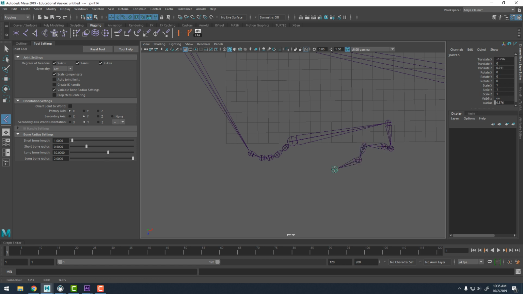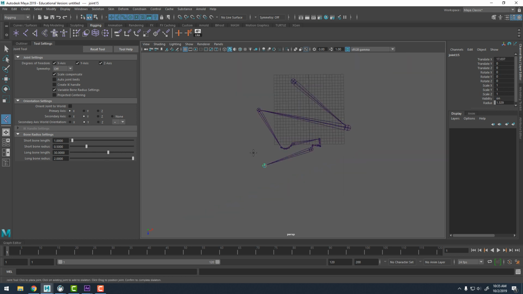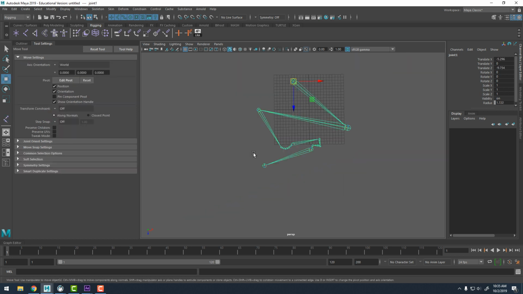And so that'll automatically update based on the distance that we draw these in at. Now, the size of your joints, they don't really matter. Again, it's entirely just a display thing. So, you know, this wouldn't actually affect the deformation of your character or how it animates or moves. The only thing that's really important is where the center of that pivot point is at, or the center of